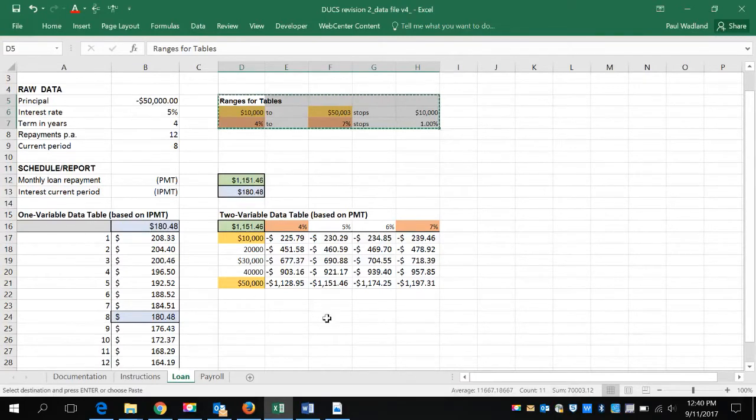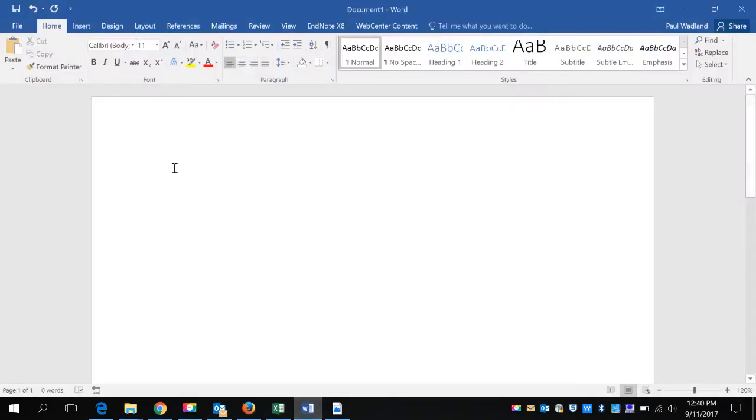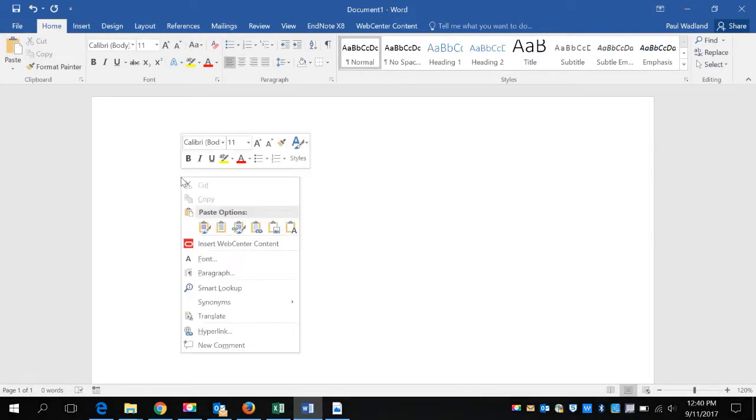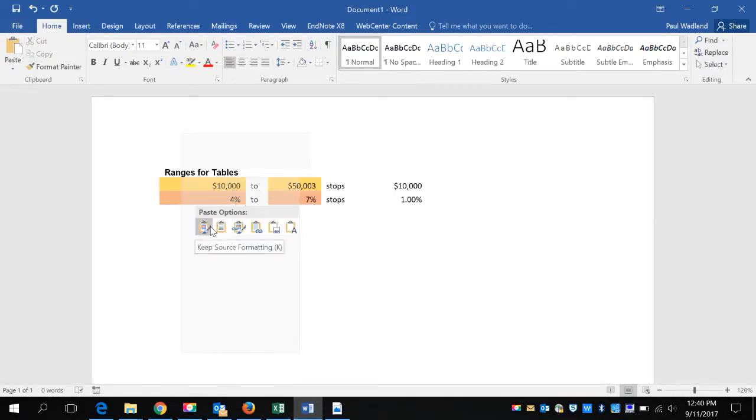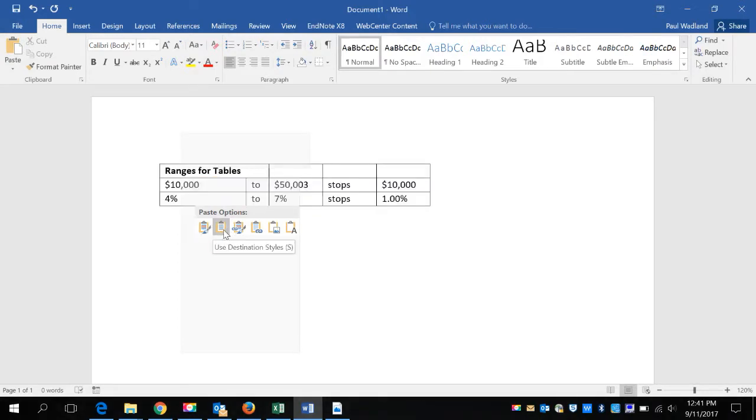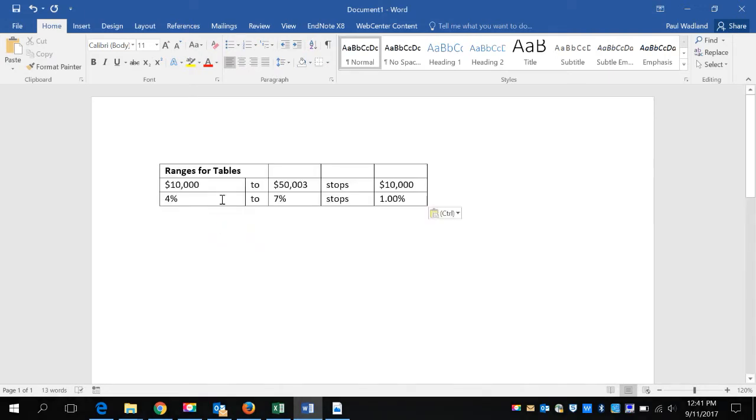I've already got a Word document open, just a blank document. Now here I can paste. Right click, I could paste the table like formatted in Excel or destination style, which is Word. When I do these two, this is just actually an embedded table, so it's not linked to anything. What it's actually asking us to do is to link